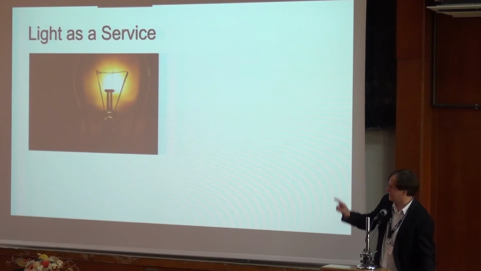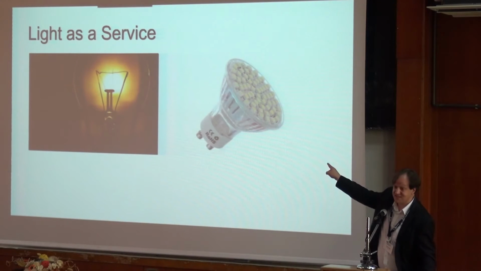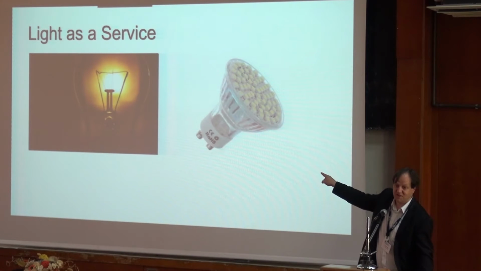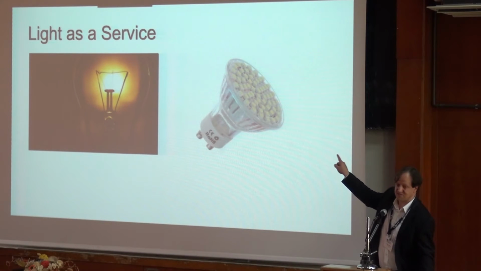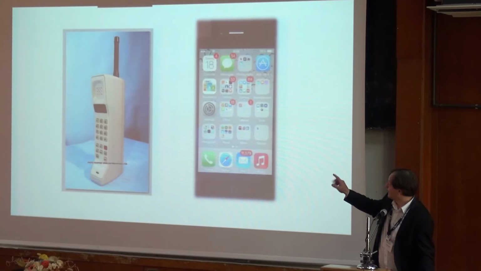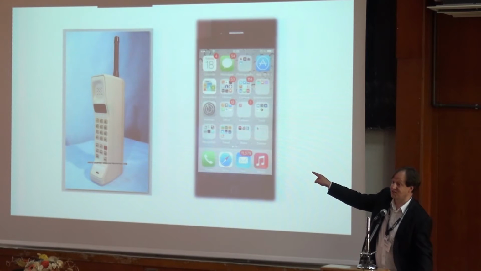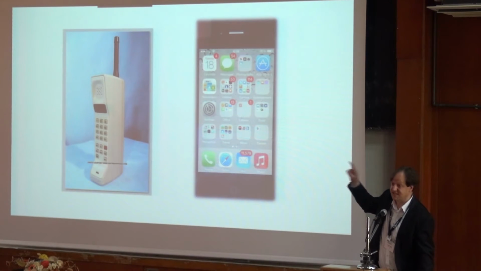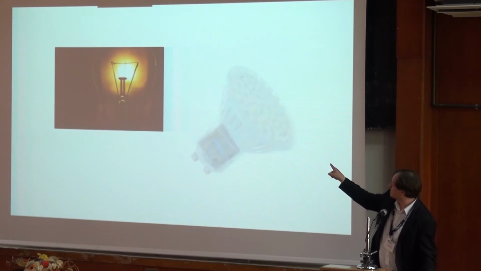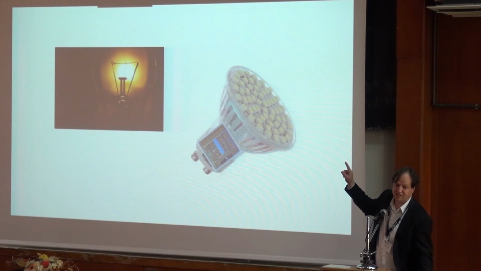So light as a service means that this incandescent light bulb will become this, with an operating system, with a full computer inside, where the light does one thing, illumination, but 100 more things like smart sensing and so on. Like we had 25 or 30 years ago with a mobile phone, which was mobile telephony, which is sort of analogous to the light bulb, and now this is a smart computer. And this is the same transition that we see will happen with the light bulb. So this one and this one, this is what we see 28 years from now. A computer with thousands of apps running on that light source.